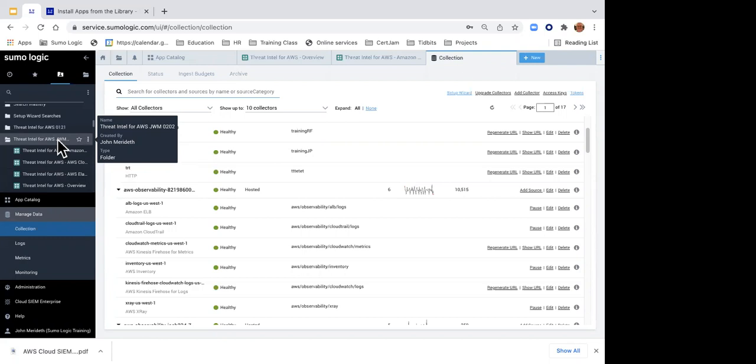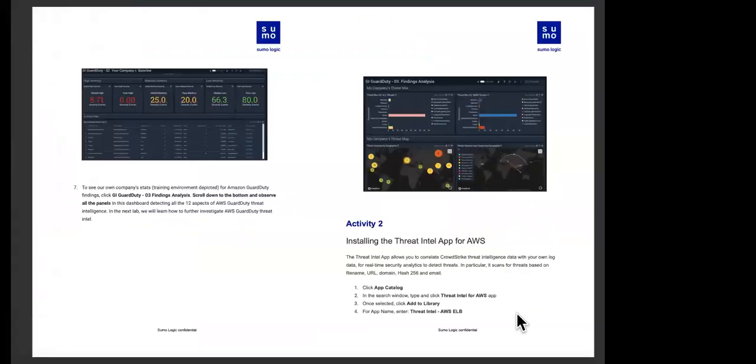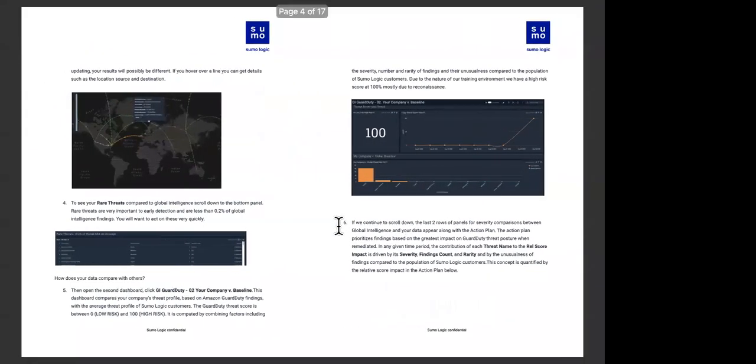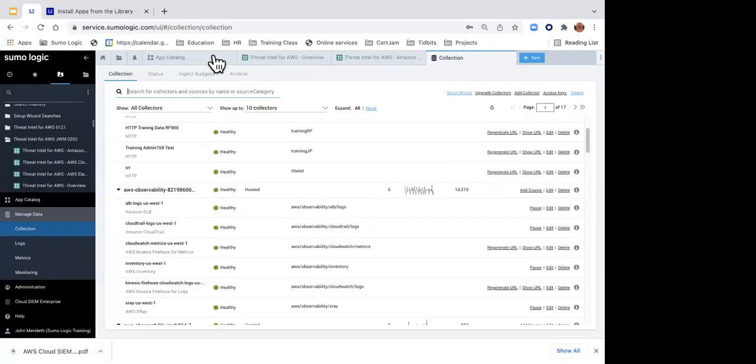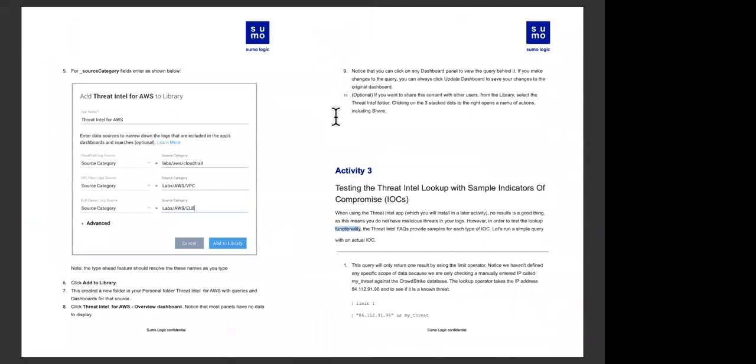All right, so in activity number 2, we went and installed an application and we saw how easy that was. Any questions? And you know what, I just realized something. I'm not sharing my entire screen, excuse me. Okay, so now you can see, here I am in the PDF, activity 1, activity 2, and all that stuff. And then you can also see my web browser. Sorry, I was only sharing my web browser earlier, my fault. But we've got activity 1 and activity 2 knocked out.